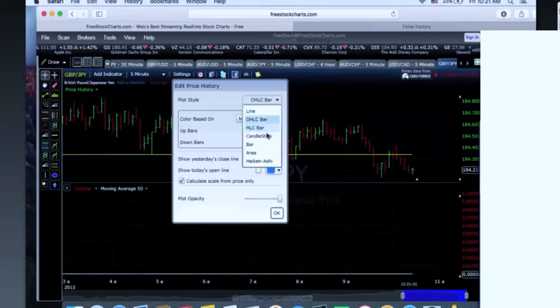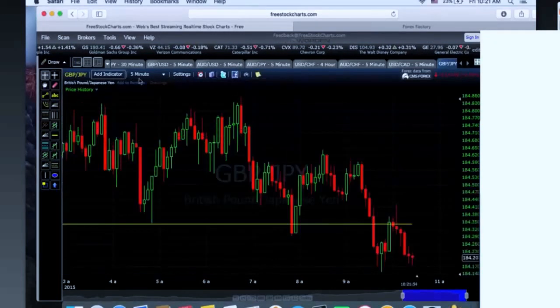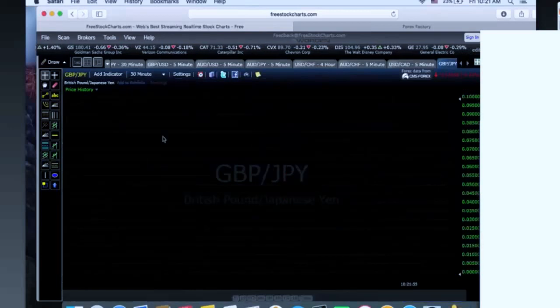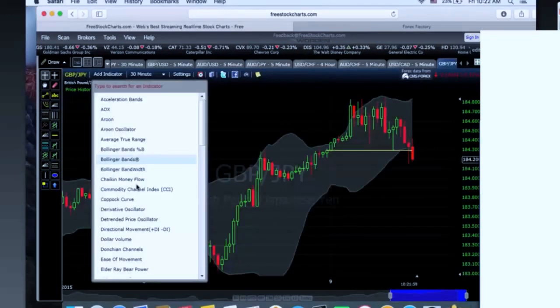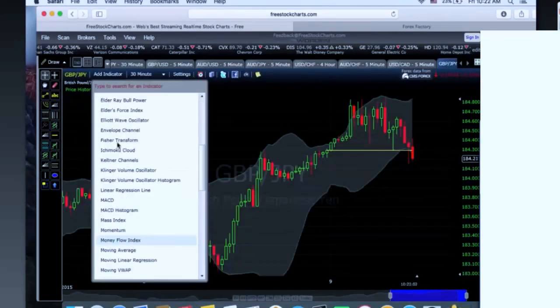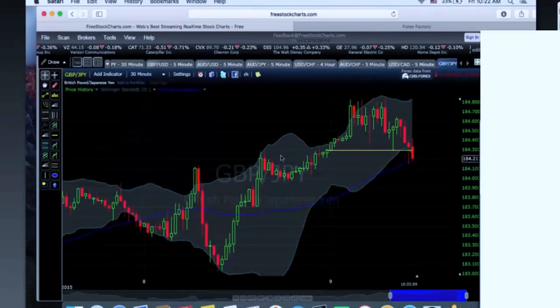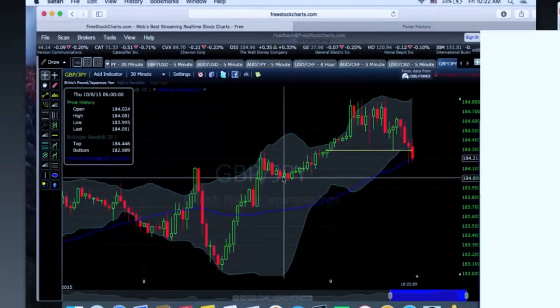Moving average 50 on a 30 minute GBP JPY and USD JPY, both, if they come down. Now I see it. Put moving average 50 on a